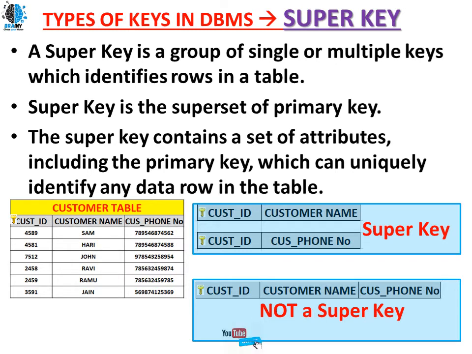This combination will be called a super key. Customer id, customer phone number, this combination will also be called a super key. If you are taking all the attributes along with the primary key, then it is not a super key. All keys of a table should not be there along with the primary key. If you have such a combination, then it is not a super key.